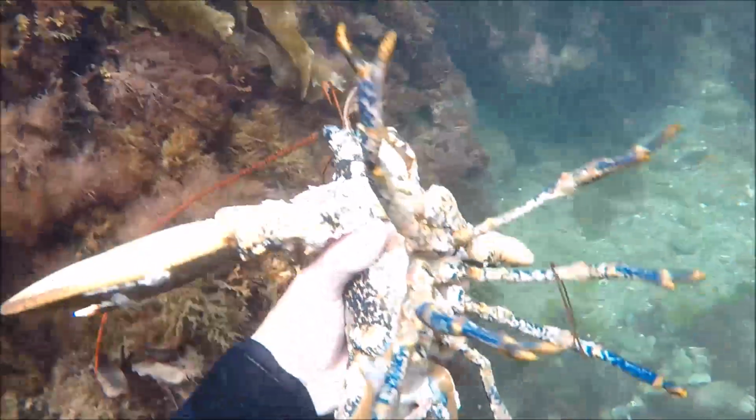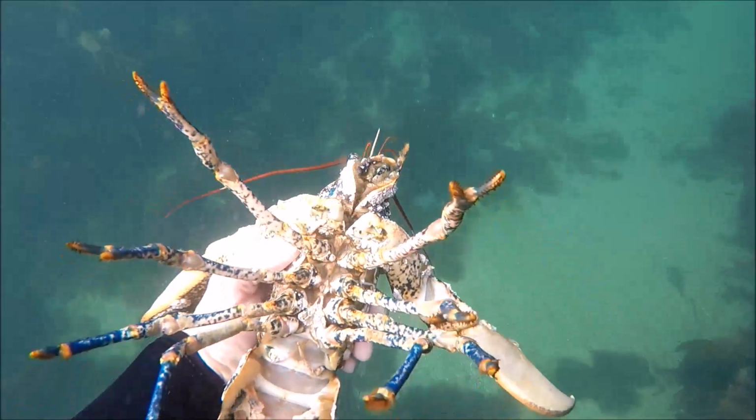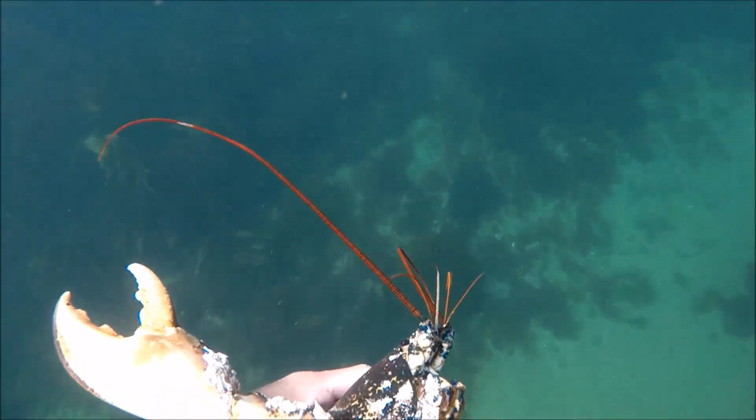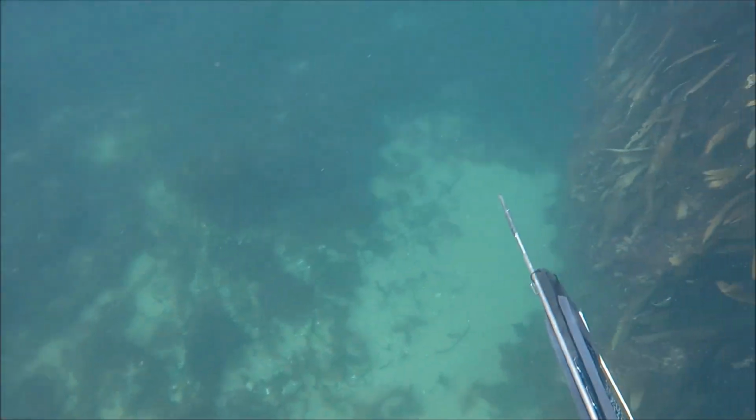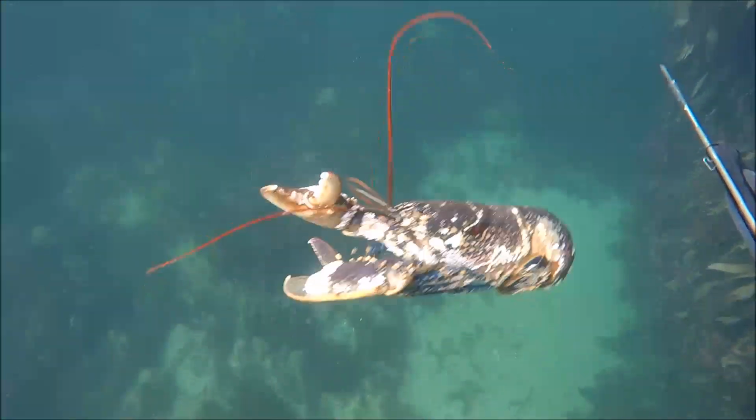You'll see this again shortly in another clip, but I found this a very effective way to catch lobsters when maybe you're spearfishing for fish and you don't want to drop your gun somewhere. I often don't spear with a float, so I don't really want to drop my gun in case I lose it. Now, a slightly deeper section of the reef, I was actually looking for flatfish here, hoping for a turbot or a big plaice,